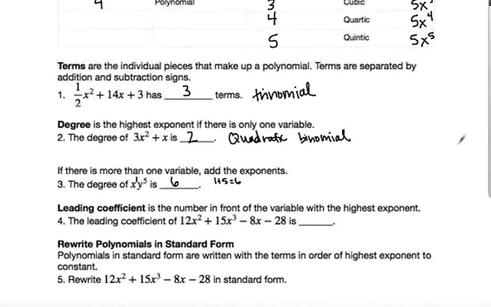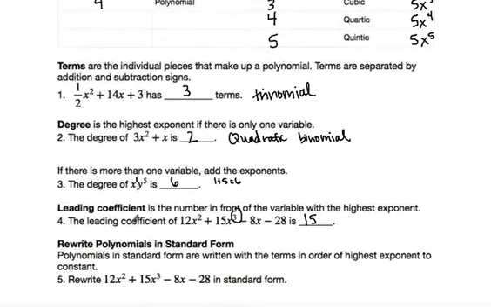The leading coefficient is the number in front of the variable with the highest exponent. So if I'm looking at number 4, the leading coefficient of 12x squared plus 15x cubed minus 8x minus 28 would be 3. Oh, no, excuse me, back up. It wouldn't be 3, it would be the number in front of that x to the 3rd, which would be